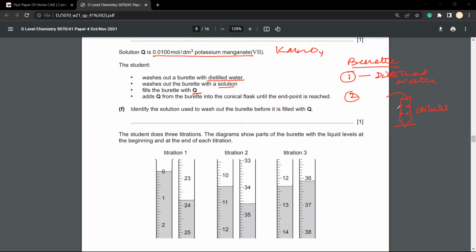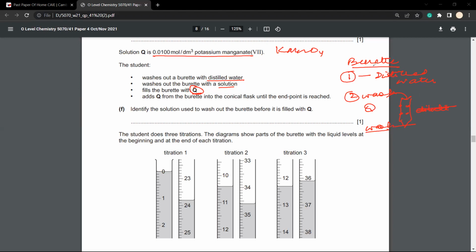तो अब इसके अंदर जो वाटर के ट्रेसेस हैं उनको हम कैसे रिमूव करेंगे, तो सेकेंड टाइम हम इसको वॉश करेंगे उस केमिकल से जो हम इसके अंदर फिल करने जा रहे हैं। तो क्यू से हम इसको फिल करने जा रहे हैं, क्यू हमारे पास ब्यूरेट में आएगा तो हम क्यू से उसको वॉश करेंगे ताकि क्यू के ट्रेसेस इसके अंदर रह जाए और वो आपके फर्दर सोल्यूशन को डाइल्यूट ना करें।